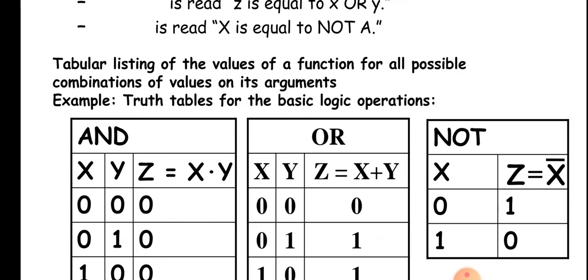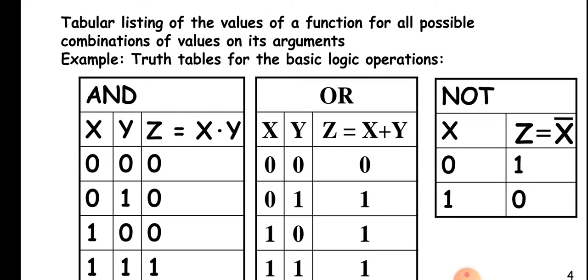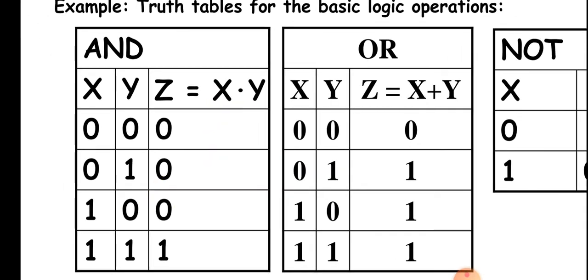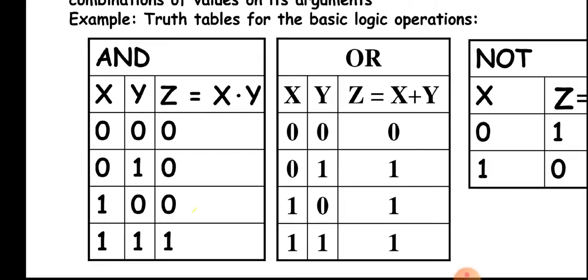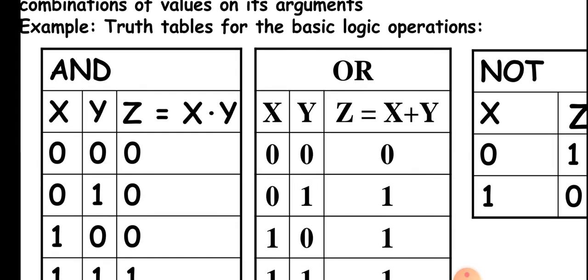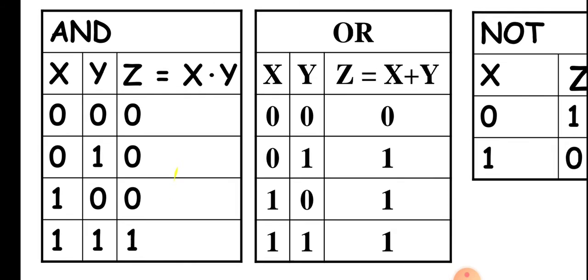So see the first truth table. Here we have taken two input units, x and y. With two input units, the possible combinations are 2 to the power 2, that is 4 combinations. The first combination is 0 0, then 0 1, which is one in decimal, then 1 0, and 1 1. So the ANDing for these combinations gives 0 into 0 is 0, 0 into 1 is 0, 1 into 0 is 0, and 1 into 1 is 1.